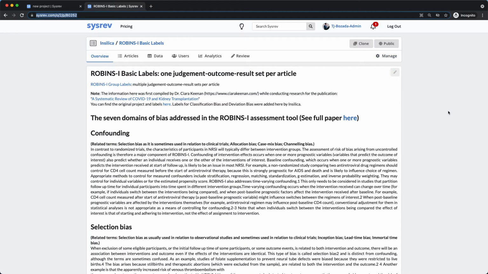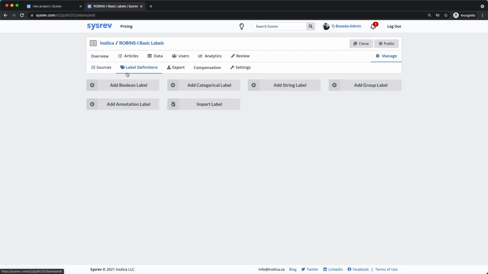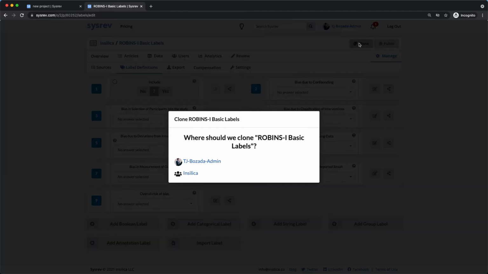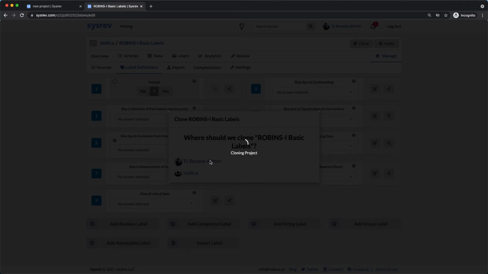Shown here is our project for the same Robin's Eye tool, but instead of one group label, it contains 8 categorical labels. While I could export and import each label, it is much quicker to simply clone the project. As a friendly reminder, any user can clone any public project or any private project of which they are a member. To clone a project, simply click Clone, choose the account or organization you wish to clone it to,